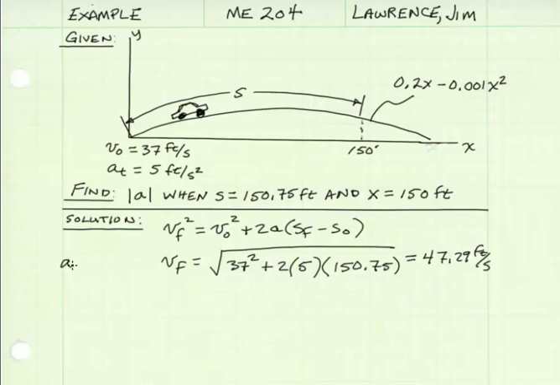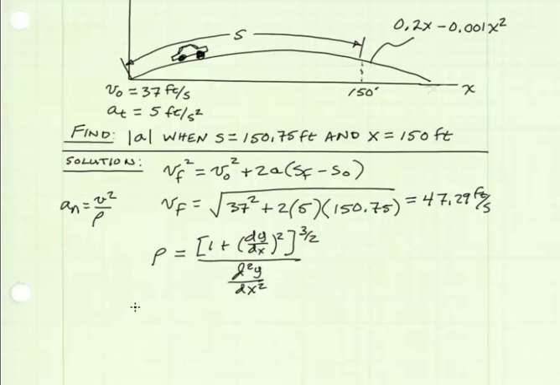Just a reminder that our normal acceleration is equal to the velocity squared over radius of curvature. So our radius of curvature equation, rho, is equal to 1 plus the derivative of y with respect to x, squared, to the 3/2, divided by the second derivative of y with respect to x. Our function y is equal to 0.2x minus 0.001x squared. So our first derivative with respect to x will be 0.2 minus 0.002x, and our second derivative will be equal to negative